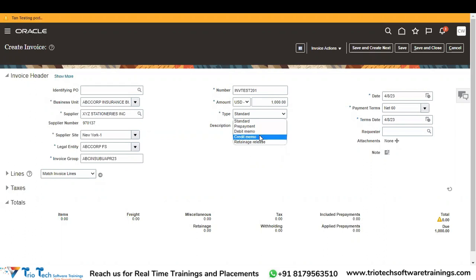Okay, so that is where it will be called a credit memo. Now, a debit memo would be used in such cases when you, as a business, are directly charging the supplier. Charging the supplier, as in charging the supplier to reduce the supplier liability in cases when there is a